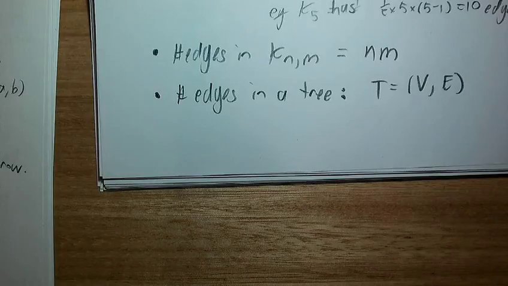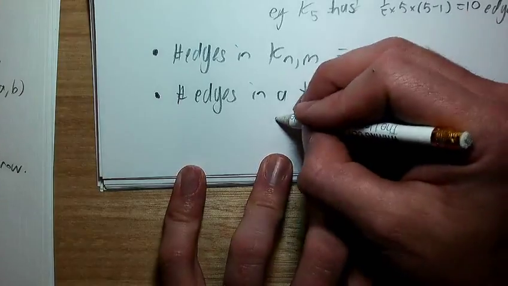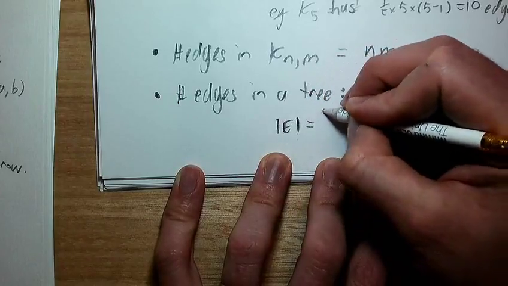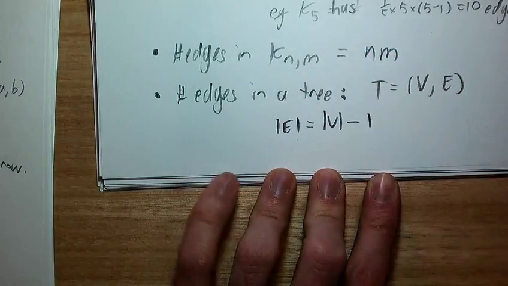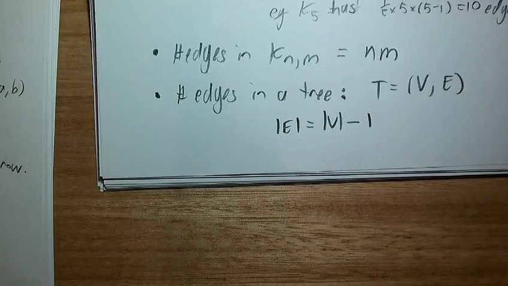Pretty sure, maybe one less. Yeah. The number of edges is the number of vertices minus 1. And that's because a tree has no circuits, cycles. A tree has no cycles, which means that you can't